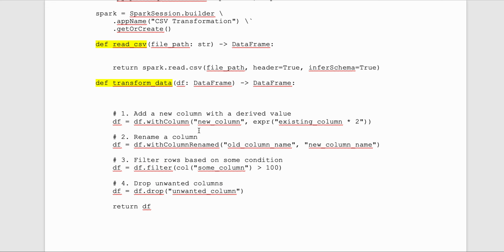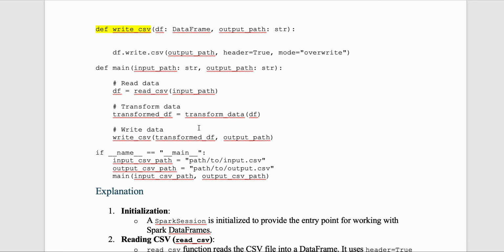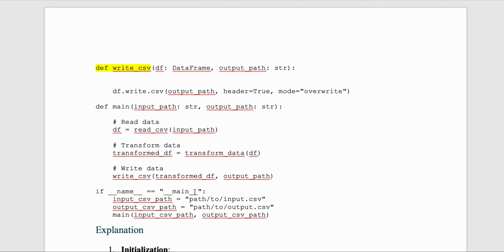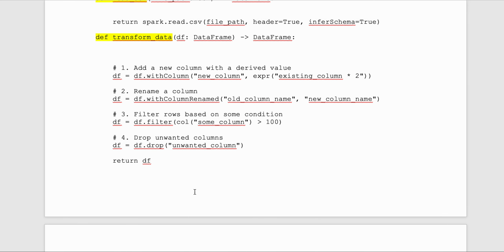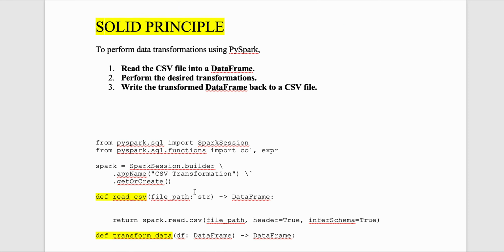Now the last one is the dependency inversion principle. In our case, the high level module, main, depends on abstractions like the data frame, not on the low level CSV handling. So dependency inversion principle means the high level module, in our case main, depends on abstractions like the data frame, not on the CSV file. Okay, so with this simple example, I have written the code in such a way that it follows our